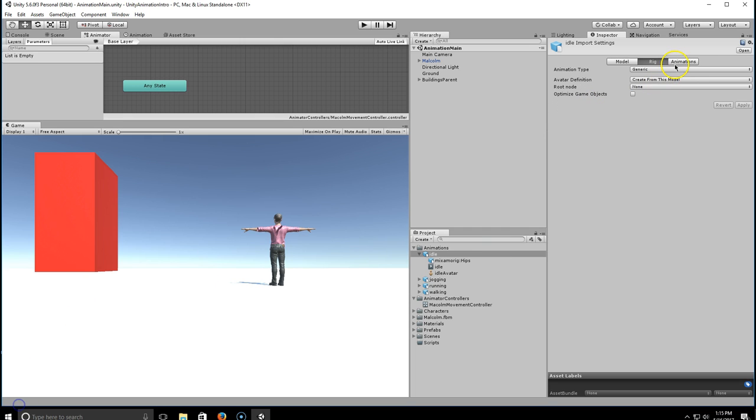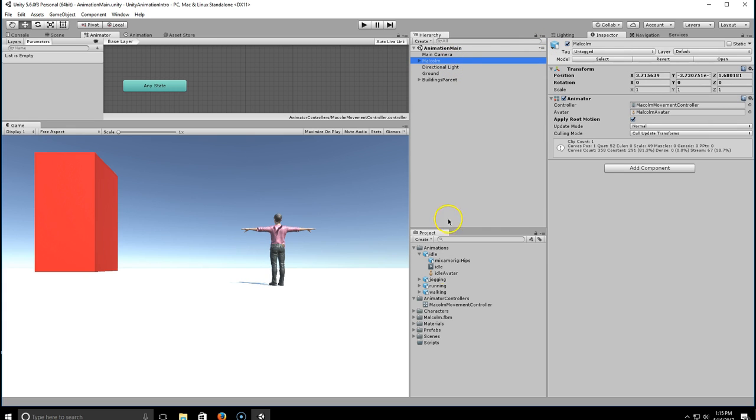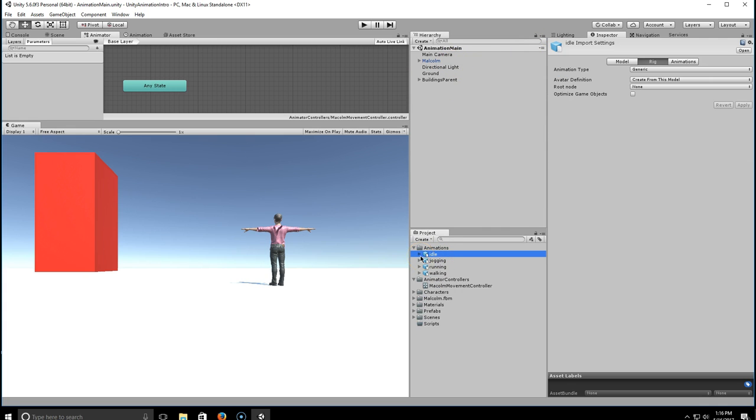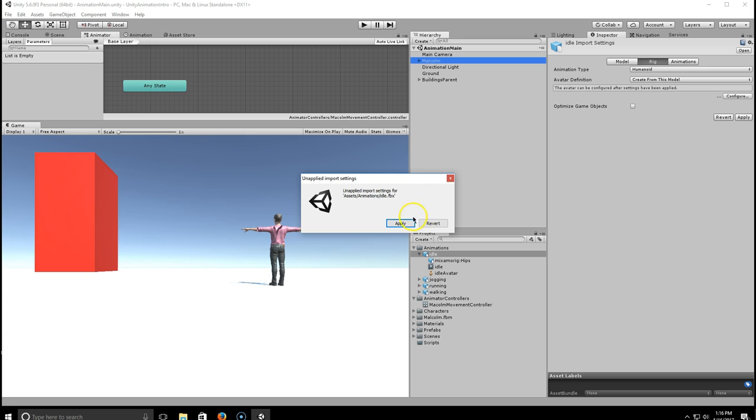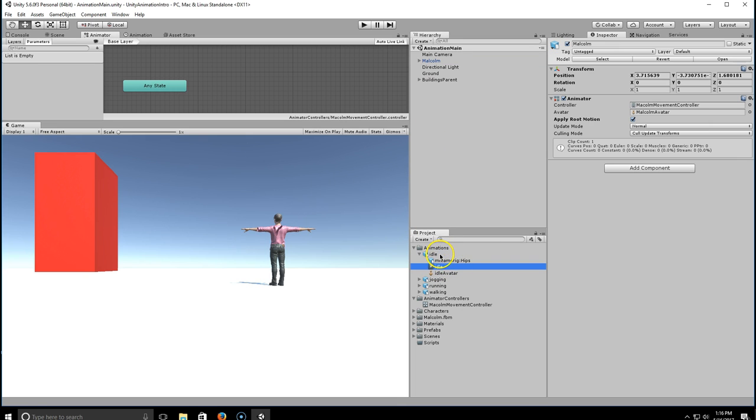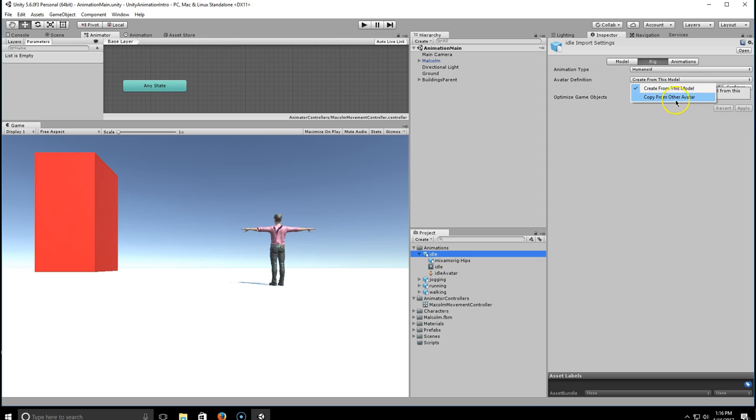So I forgot one thing in here. In our animations, we also want to apply a couple more things. We want to go to our animations, and then in our inspector, it's going to have some import settings that I forgot to put on. We want to set the animation type to humanoid, since it's a humanoid, and then we want to actually assign it to our 3D model of Malcolm that we put in here. So we're going to go to our animation and create from other avatar, and then we can just drag our Malcolm in there,